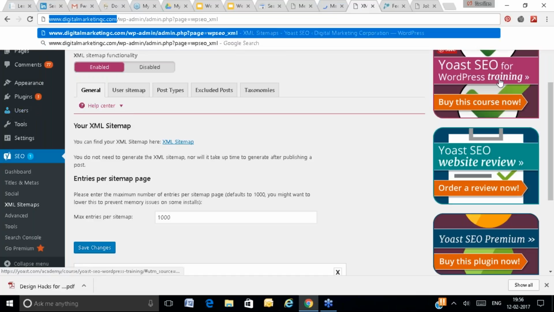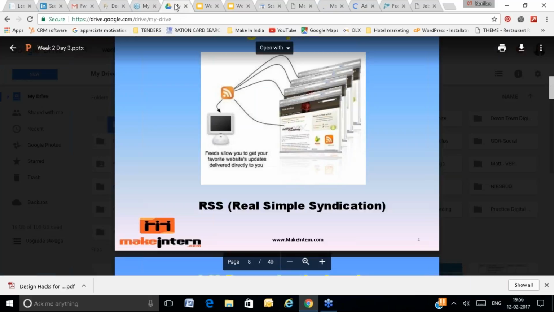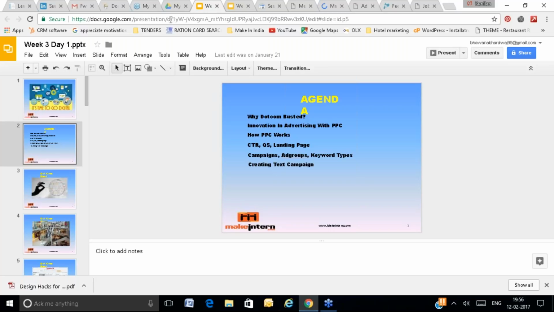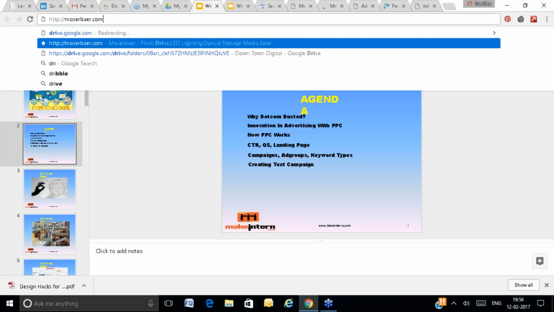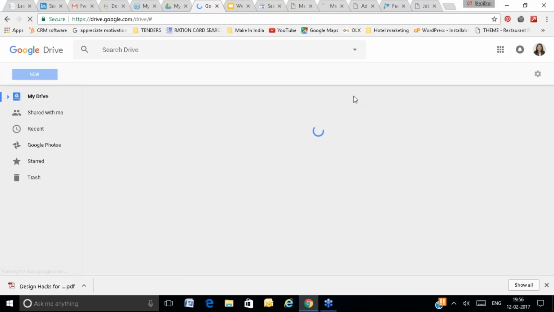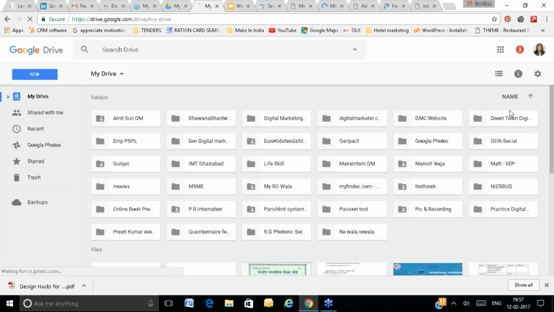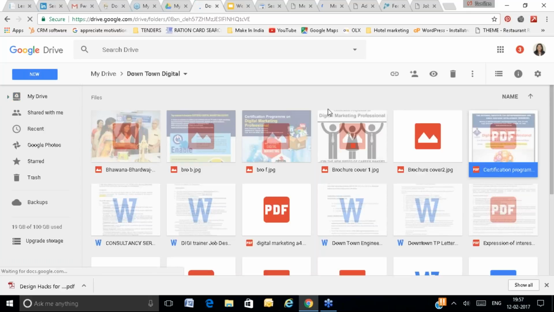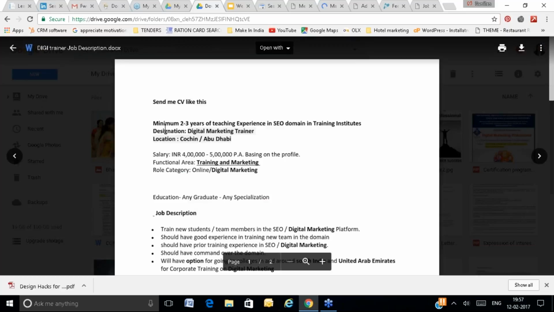So I am going to upload new content in this section. For that, I will go to the post and click on add new post, and let's suppose I am adding one content on this category. I'm just showing how you will add the content and it will automatically appear on your feed URL. Let's suppose this is a job profile, and we are creating a post around this job profile.